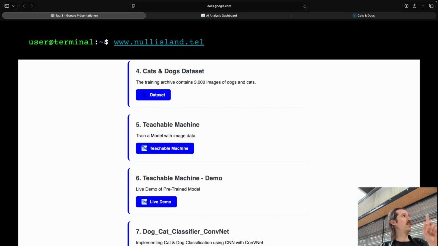What I would like to do first of all is an interactive demo, which is not coding at all. It's a very easy to use way to train a model with Teachable Machine. Then we do a live demo, and once we have that, we're going to go into the code and understand what's going on. So now the next step would be, unfortunately, we have to download the data set.